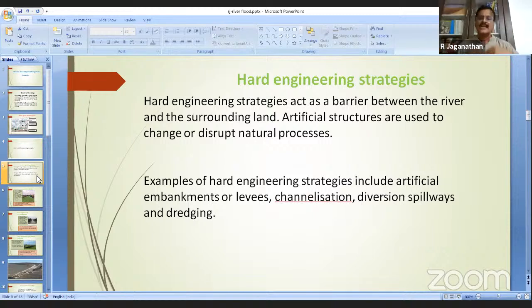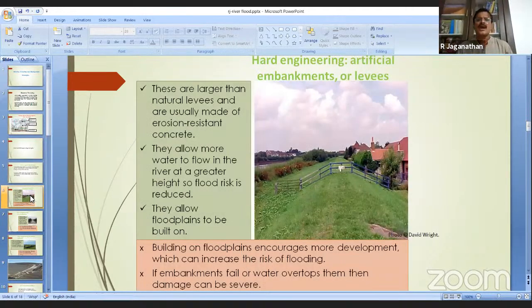So Morning Press Jana explained about the geomorphic features, how embankments play a very important role and other things. So this is a very important strategy to protect from flooding. Another one under hard engineering is artificial embankments. If you see this picture, these levees, natural levees and artificial levees, are very, very important for protecting the river ecosystem from erosion-resistant concrete. They allow more water to flow in the river at a greater height, so flood risk is reduced. So this type of hard engineering will be very helpful to protect the riverine ecosystem as well as the